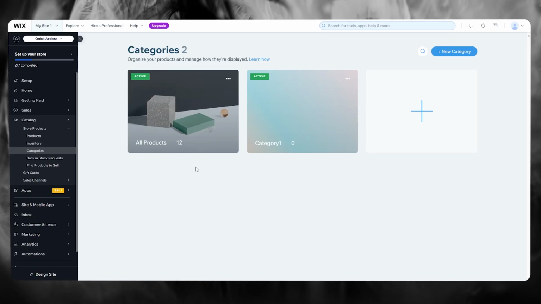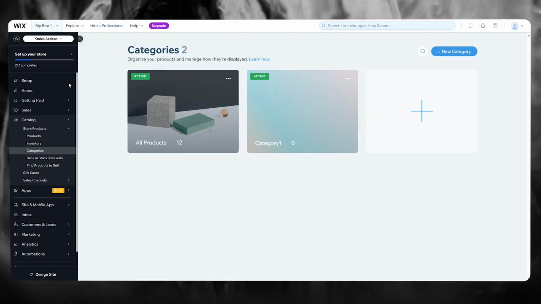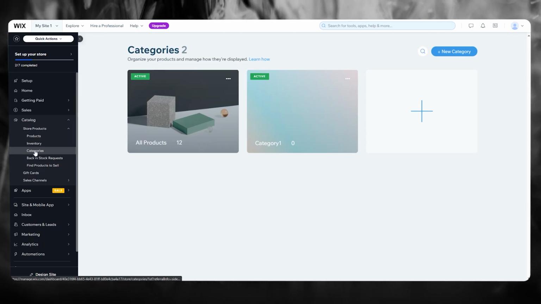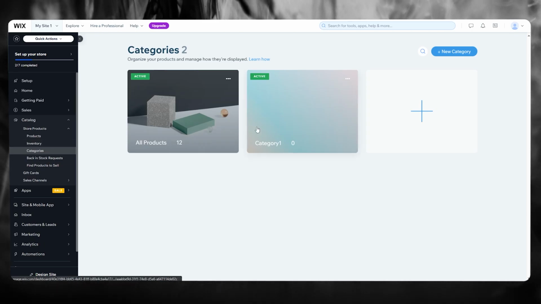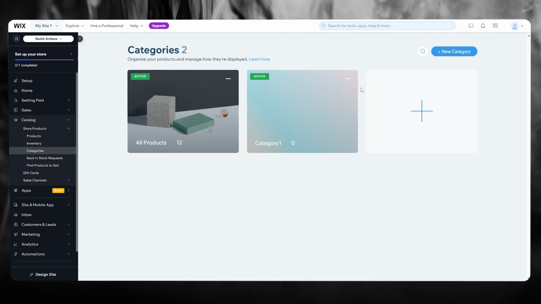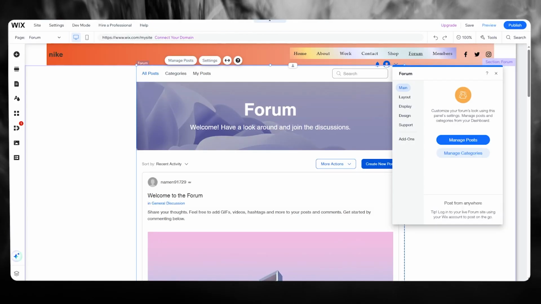So to do this for yourself, what you're going to be doing is you are going to be coming over to your Wix, and here in the catalog section, you're going to have the category section. So what you're going to do is you're going to add as many categories as you want to, okay? So once you've added all of your categories, what you're going to do is you're going to come over to